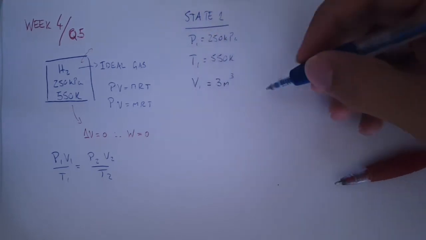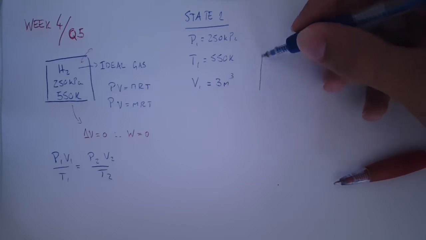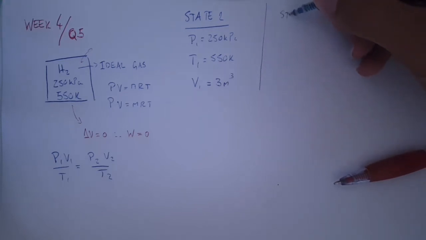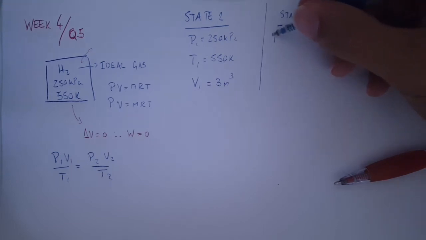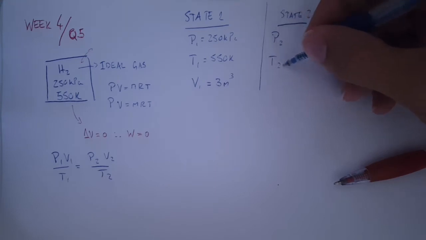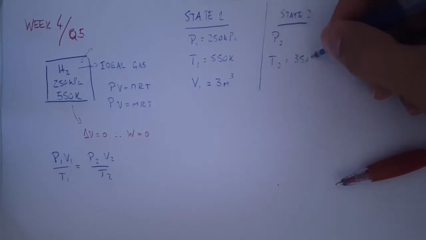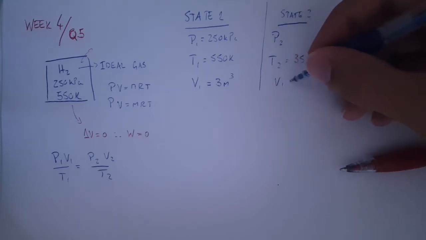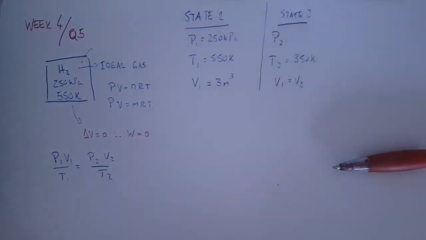We don't know the specific volume, but we do know the first volume. And then on state 2, what do we know about state 2? Well, we know the temperature. P2 we don't know yet. T2 we know that it's 350 Kelvin, and we know that V1 equals V2 because there's no change in volume,